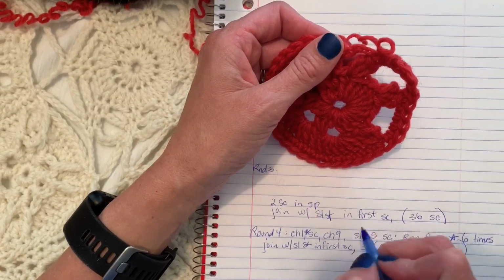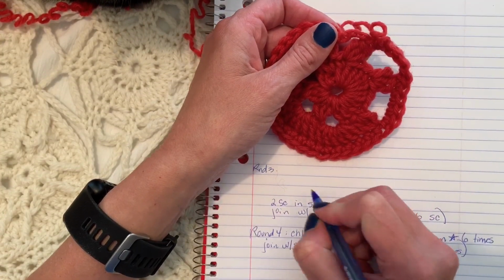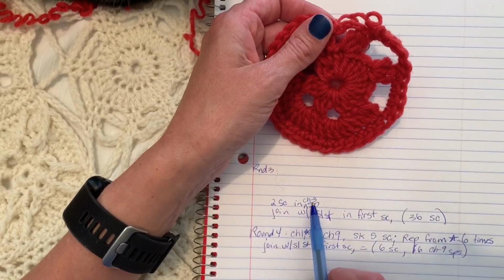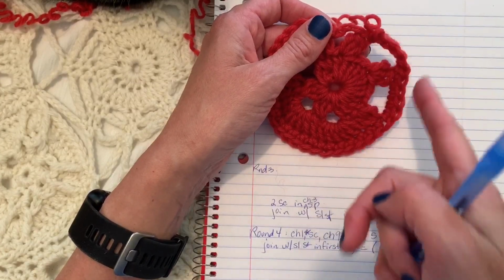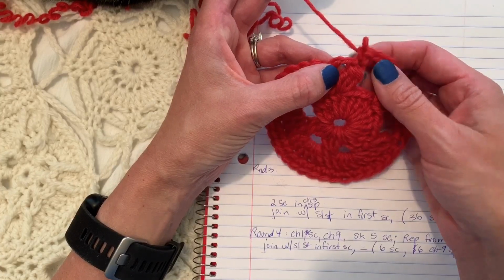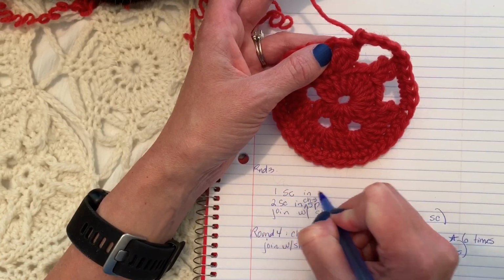There's in chain 3 space, chain 3 space. The dash after the chain is because it was already made. I'm not making new chains in between these single crochets. And look, it looks like there's 1 single crochet in the cluster, 1 single crochet in cluster,